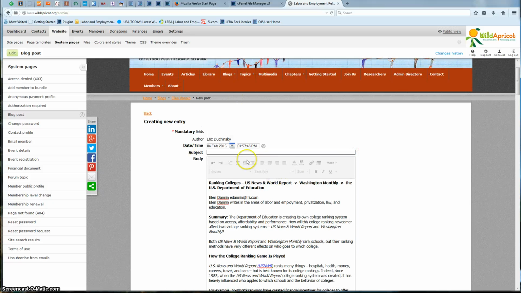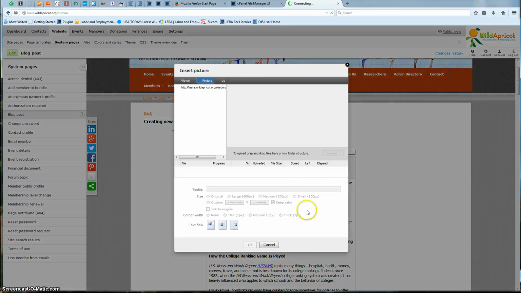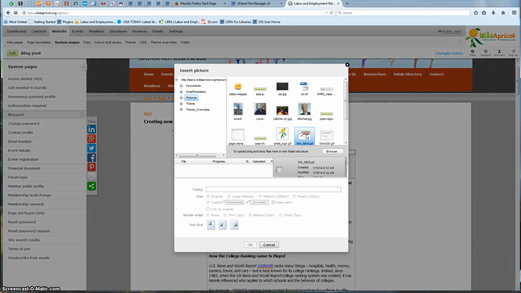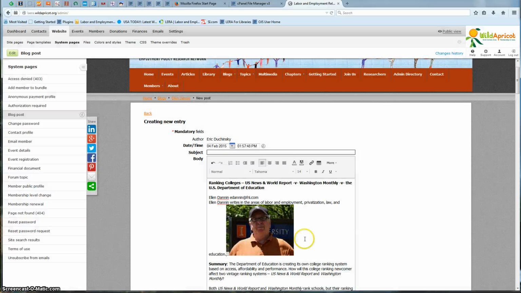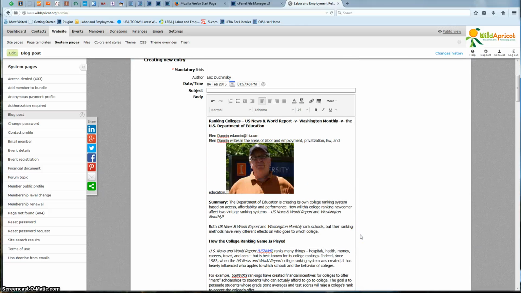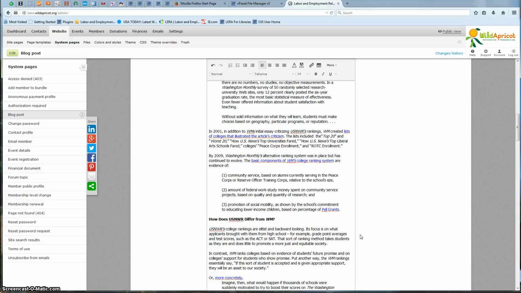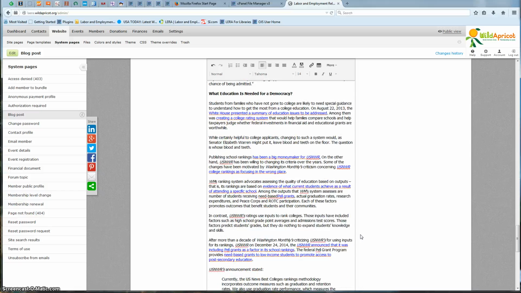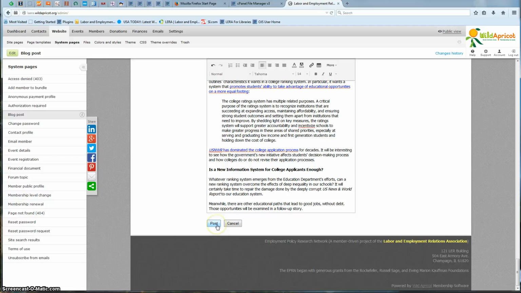So if we tried to cut and paste a photo or an image or a graph, we would have to go in here, let's say insert an image, and it'll pull up the library of images, and we could pull Mike's picture and say, okay, we're going to insert Mike's picture. It's fairly simple and straightforward how to do that, but what we may find is when we click post at the bottom,